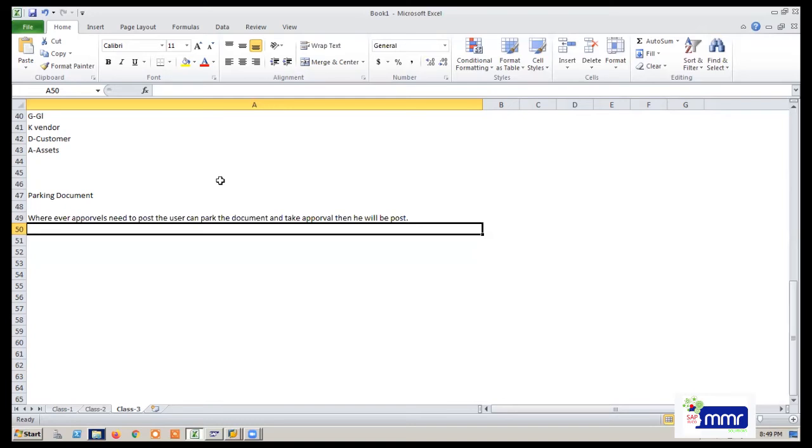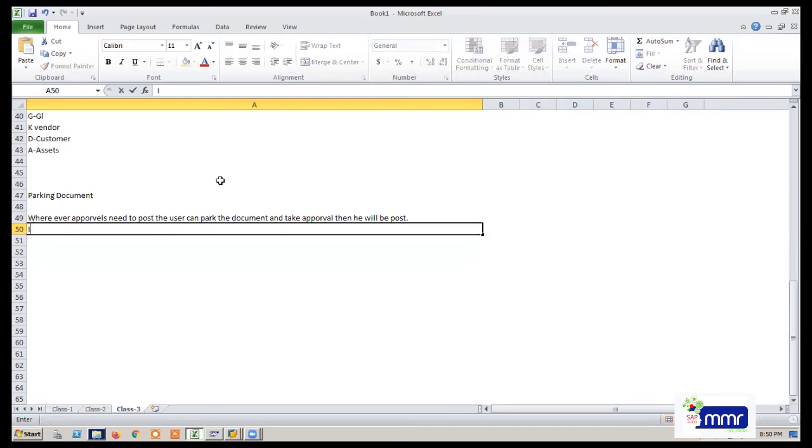In that case, they will send it for approval to their super users, managers, or other officials. Once it is approved, they will post the document. Mainly for that purpose you will use park document.